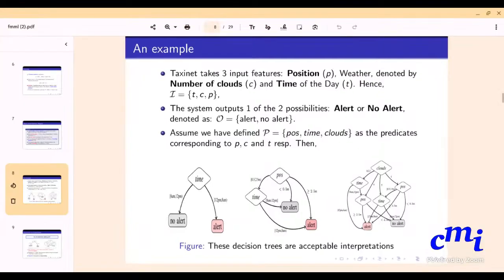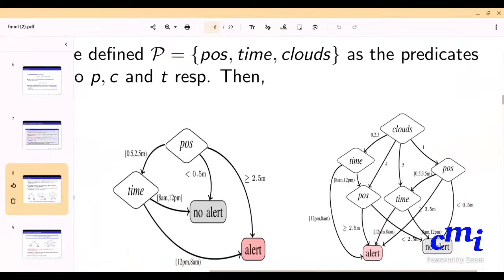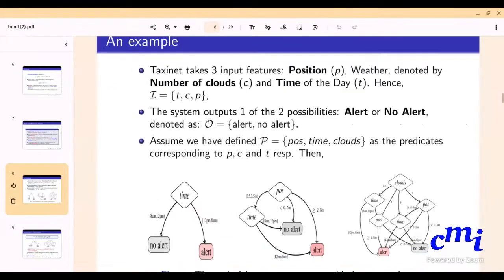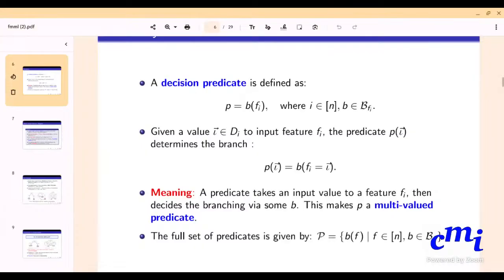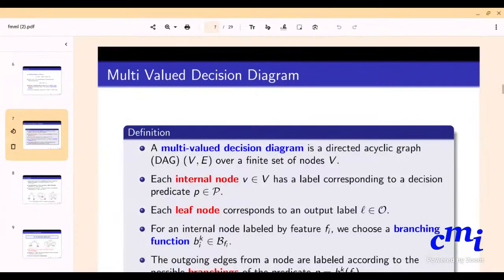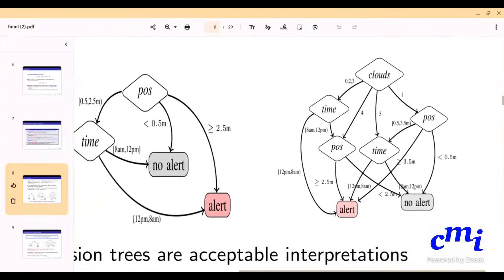What does that mean? Clouds... so you have to explain. If you say time and clouds are predicates, then usually the outcome of a predicate will be true or false. But then there are four here. What does that mean? Should I explain now? Yes, please explain. I'll ask questions and then you can make it clear. There is some relationship between B and P, which you did not explain. First explain the example, and then I'll come back and question the B.